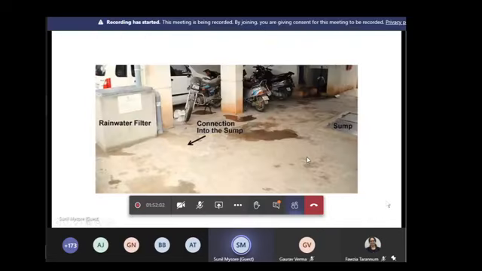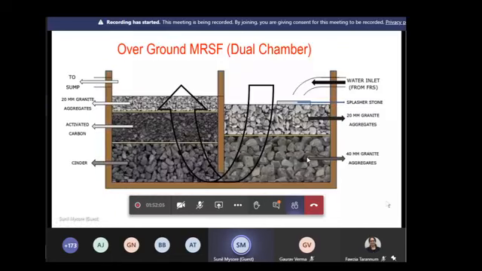This is the second mechanism, which is what we do most of the time. From the settling tank, the water comes here. Again, the splasher stone: when the water hits here, it gets spread. Then we've got 20 mm aggregates, or rather the silex, not aggregates. Then 40 mm. Then it goes down like this. It's called an upflow filter. This is the direction in which the water flows. Then it goes into a layer of cinder, then a layer of activated carbon, then again a layer of silex. Then the filtered water gets into the sump.